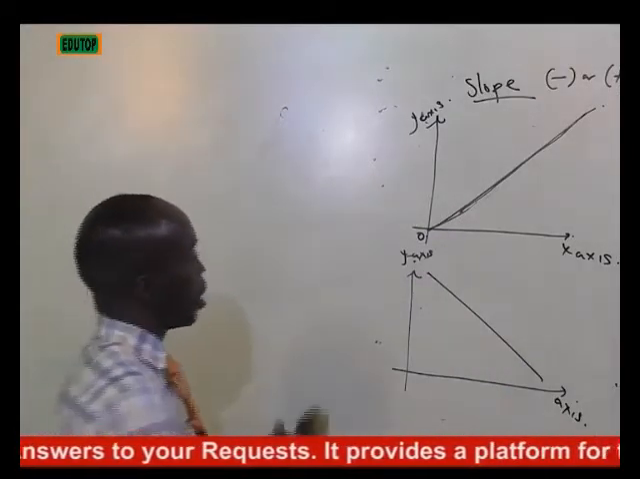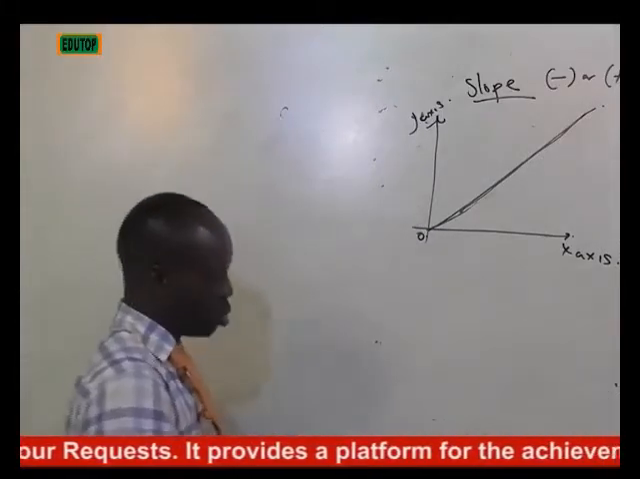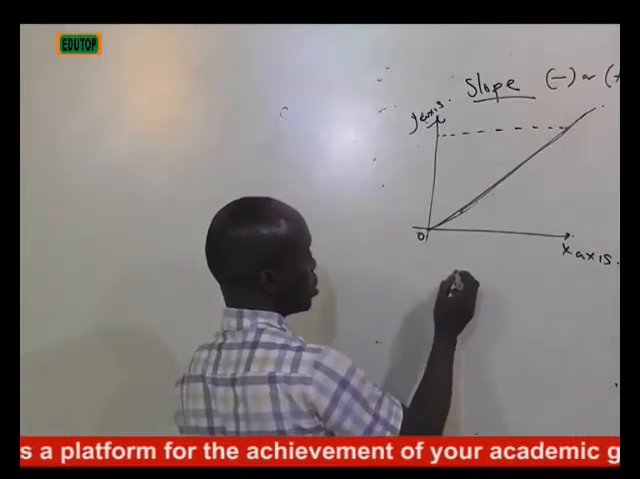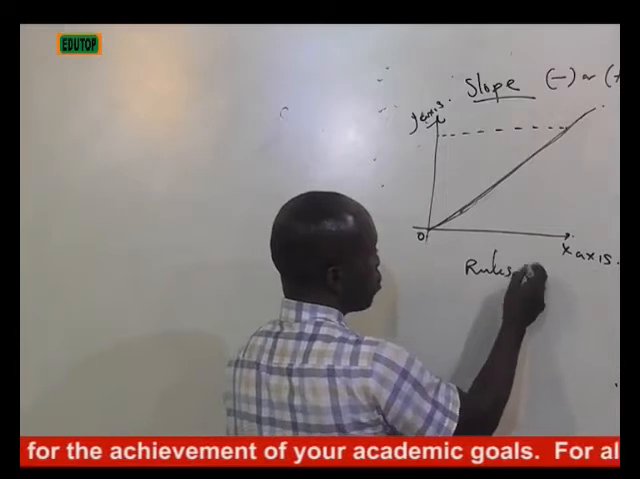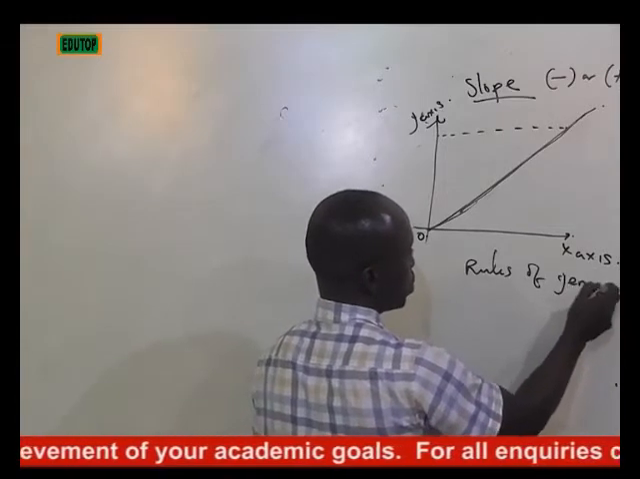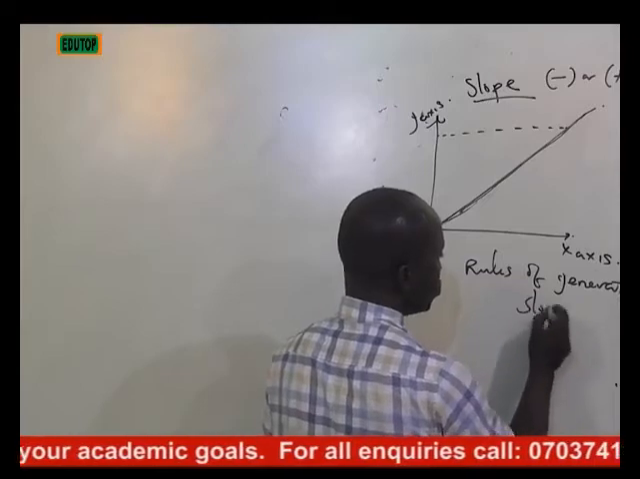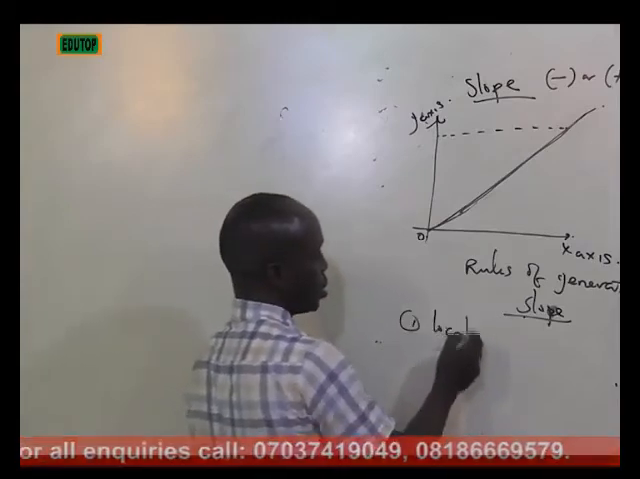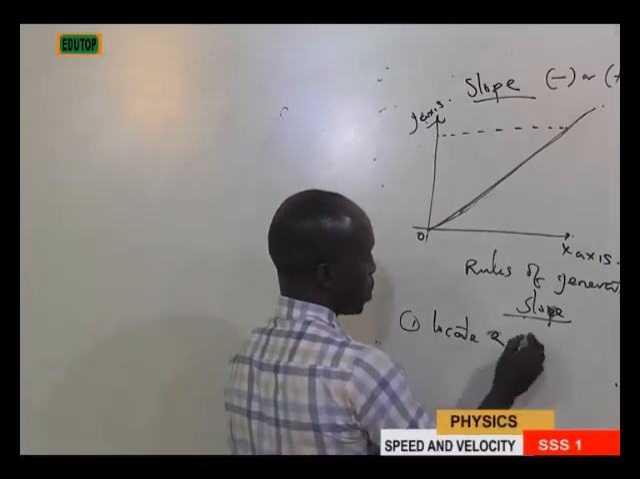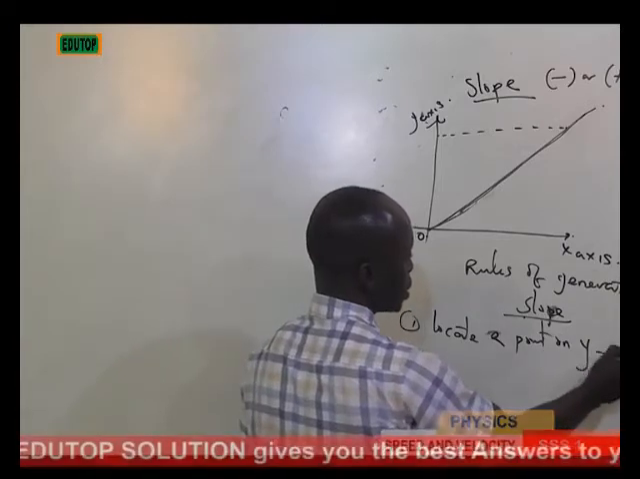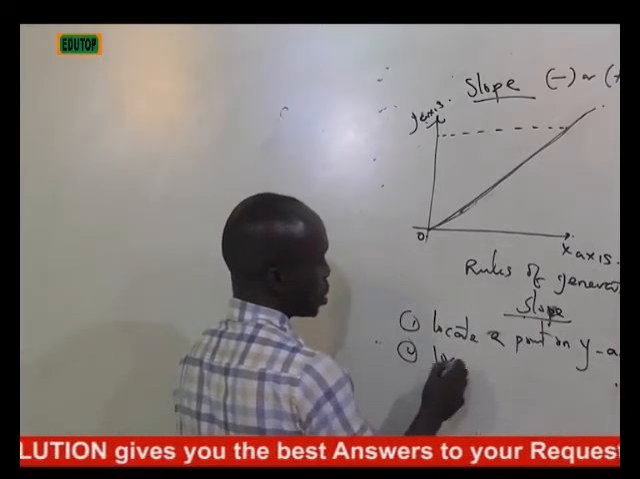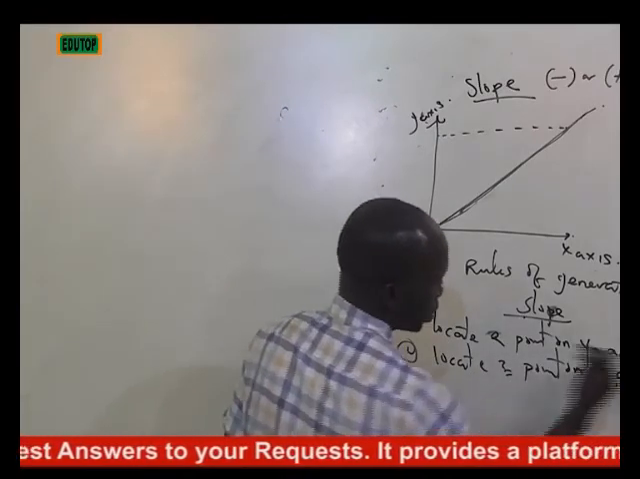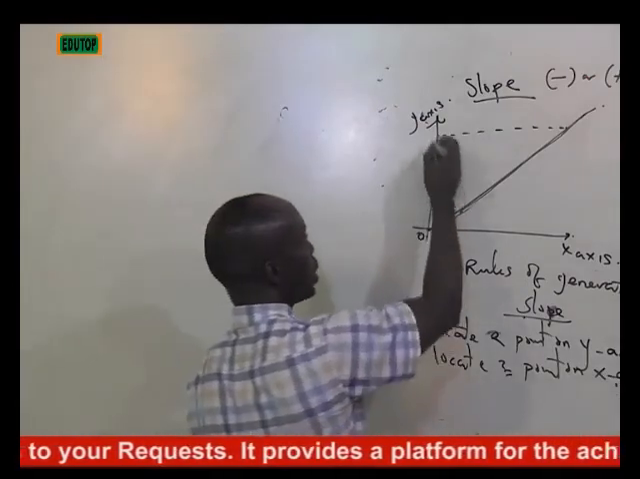Now let's start with the positive slope. How do you calculate your slope? Remember, you must locate 2 points. These are the rules in generating your slope. Rule 1: locate 2 points. You have to locate 2 points on the y-axis. The second: locate 2 points on the x-axis. Now, when that is done, how do I locate? This is my y1,